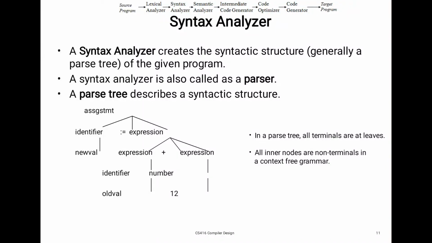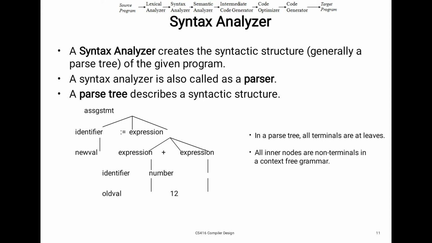In the previous video, we discussed the lexical analyzer. Now we are going to discuss the syntax analyzer. What is meant by syntax analyzer? The syntax analyzer is also called a hierarchical analyzer or a parse tree. In this phase, the tokens generated by the lexical analyzer are grouped together to form a hierarchical structure. The syntax analysis determines the structure of the source string by grouping the tokens together.